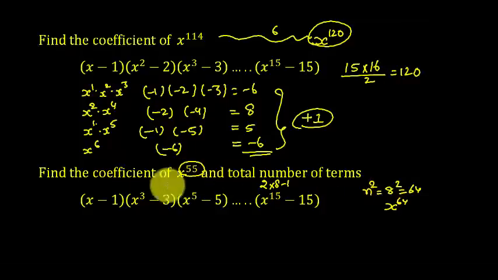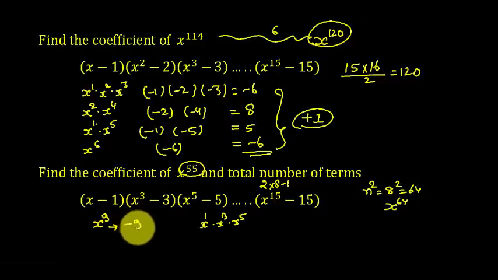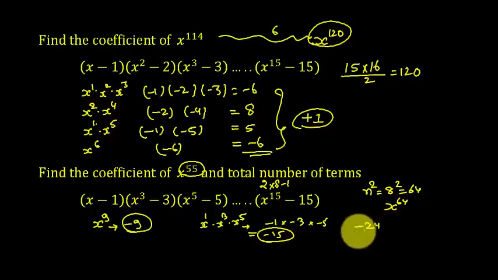How can we miss 9 with a combination of odd powers? One is x^9 alone, second one is x^1, x^3, x^5. There are only 2 ways of missing 9 with the odd powers. If you're not taking x^9, we are taking minus 9. If you're not taking x^1, x^3, x^5 from the brackets, we are taking minus 1, minus 3 and minus 5 from those brackets, and the total product is minus 15. So we are taking minus 15 as a constant, and minus 9 as a constant. So our coefficient is nothing but minus 9 plus minus 15, which is minus 24, and this is our answer.